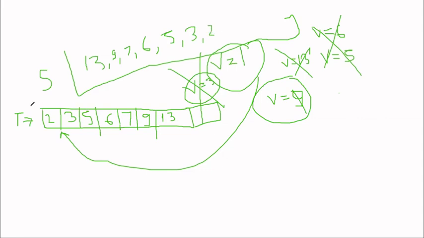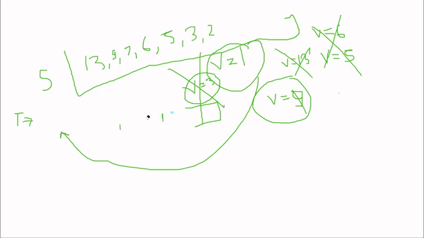All the elements will be popped because no element in the stack is less than this v value. So there will be two conditions: either we find an element that is less than this v, or the temp becomes empty. In this case, the temp is empty, so we cannot remove any element after this. So what I'll do, I'll just push my 1 into this stack.